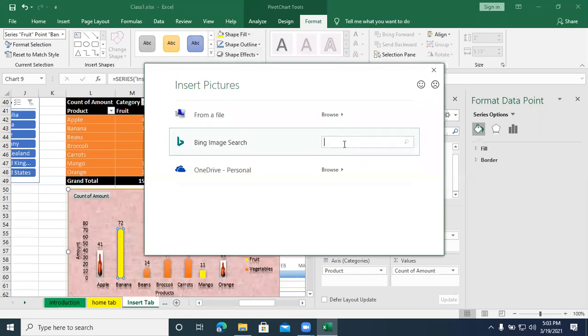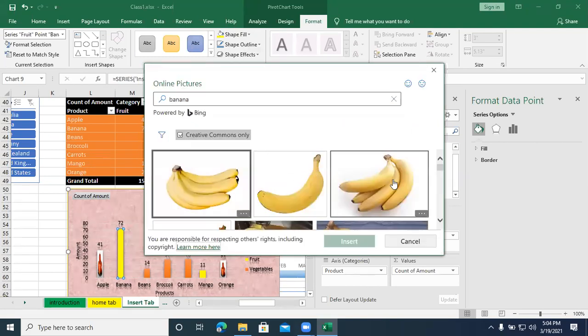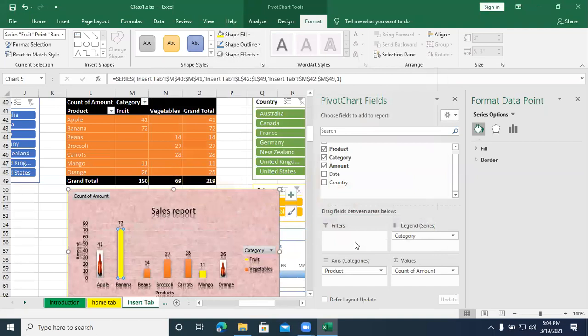Take the picture from online. So it will display the pictures. Select any one picture and apply. Click insert. The image is displayed.